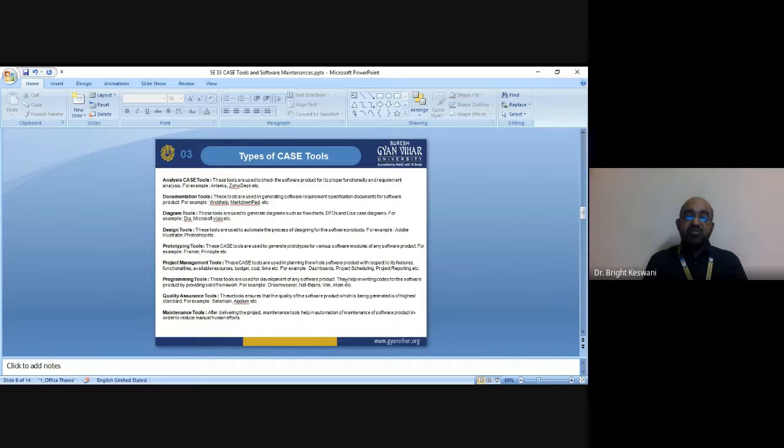Then, when we talk about the code generators, these are the tools that generate the code for application programmers from analysis and design specification. And there are some special things that a code generator will do, like they help in writing programs, they identify errors and omissions in the design specification, and they serve as a direct interface to an upper case design tool.